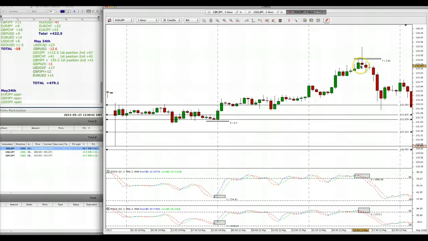On this trade, we had several reasons. Number one, we had a pin bar. Number two, stochastics on the 14 and 21 was overbought. And number three, we had a color change candle. Okay, let's move on